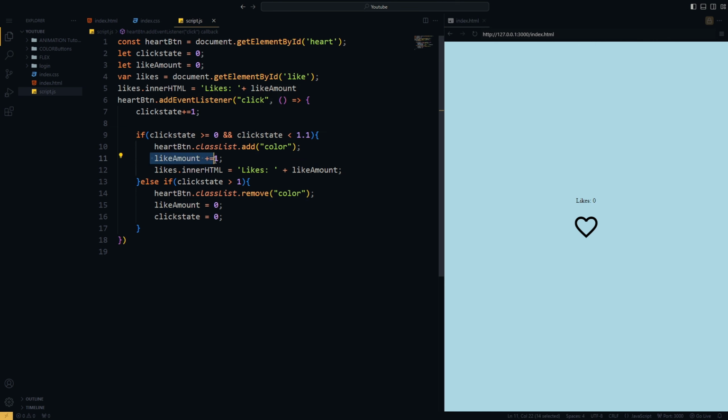Wait, we're gonna do like amount, like equals like amount plus 1, and then in here we can do minus 1. It's not working for some reason. Oh damn, we need that here also. Oh, it's working. But then we can remove this, I think. Equals to 1. Here plus equals to 1. Yeah, that's